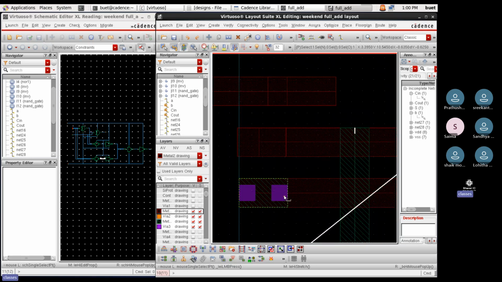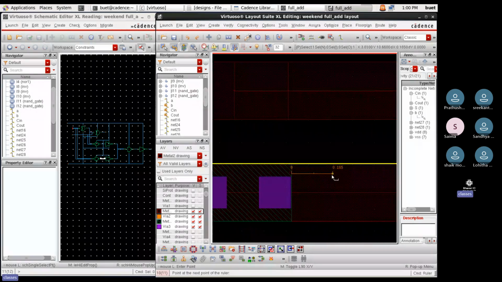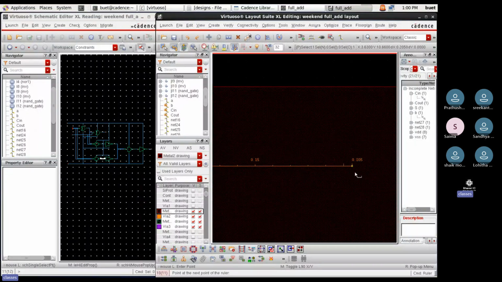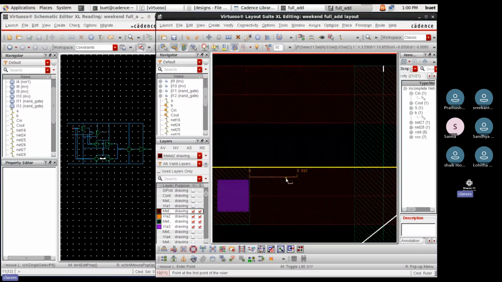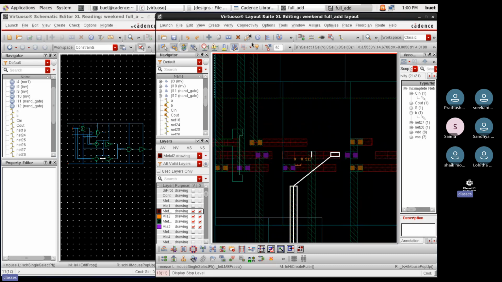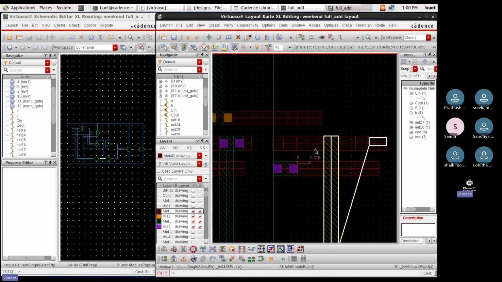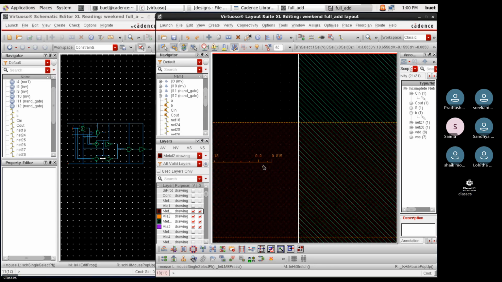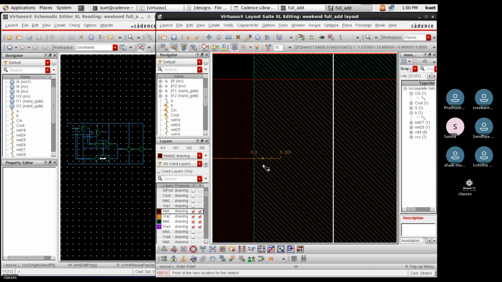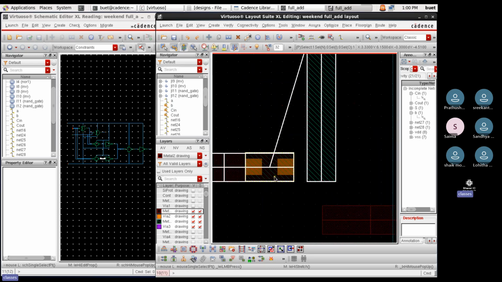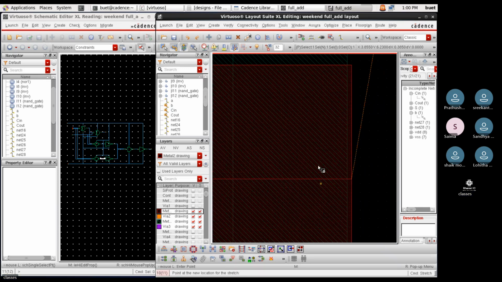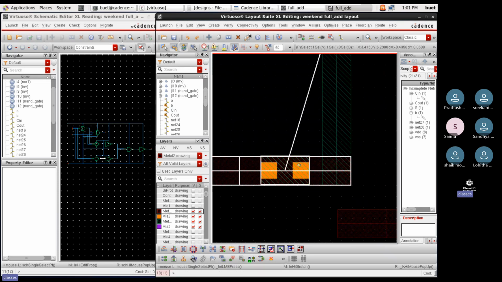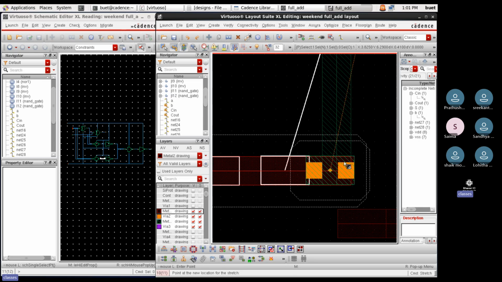Okay. And let me first make a distance of 0.2 micrometer from this level. Okay. And then I will copy it. And let me delete this one first. Sorry, and I will just pull it up till this level. 0.2 micrometer up till this level, and I will just simply pull it up till... okay, and I will just stretch this one up till